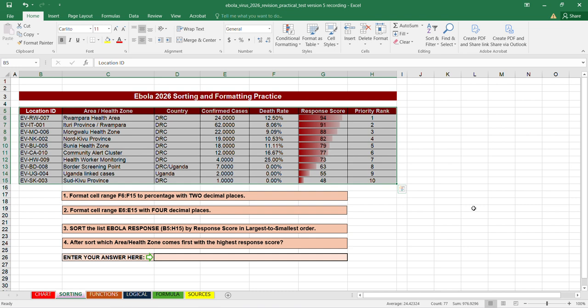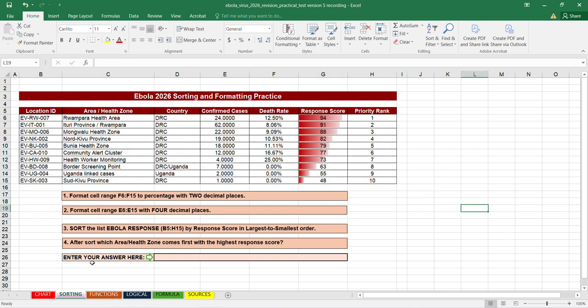So after you click OK, read the next task. After sort, which area health zone comes first with the highest response score? So this is the response score. The highest is 94. And then the area health zone is Wampara Health Area. So you must enter your answer here.